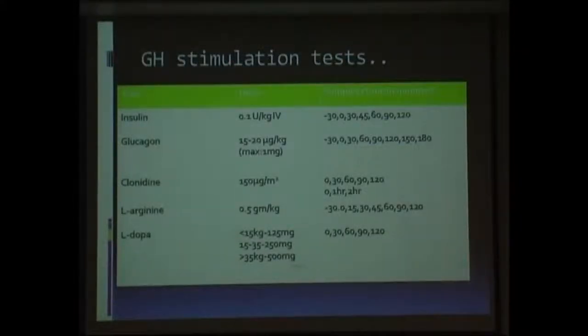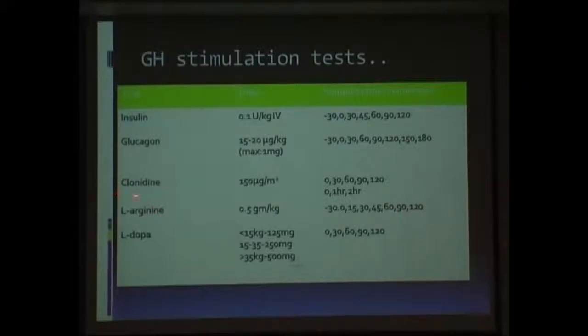These are the various tests which are done in clinical practice. I've just summarized them in one sheet for easy understanding. The doses of various pharmacological agents vary. The insulin stimulation test is the most commonly done test, in a dose of 0.1 to 0.15 units per kg. Samples are collected over a period of time, starting at minus 30, that is once we insert the cannula. As we all know, stress increases growth hormone secretion. Hence, the minus 30 sample is taken just before we actually start the test. Samples are further collected at 0, 30, 60, 90, and 120 minutes.